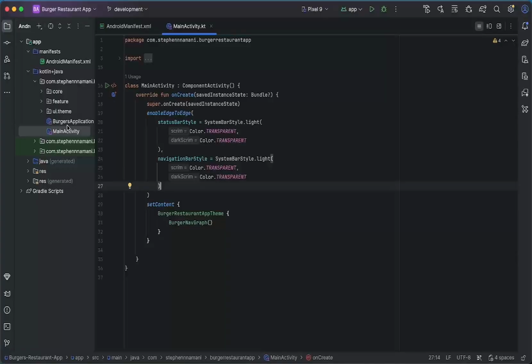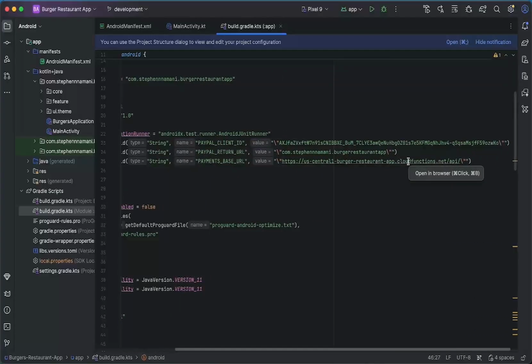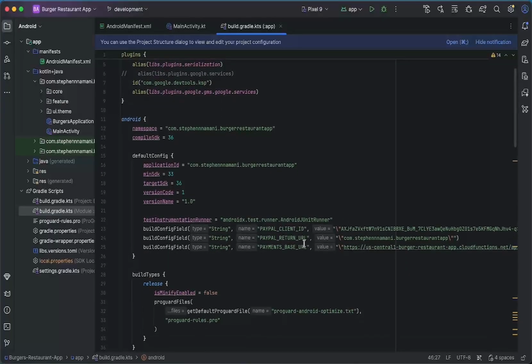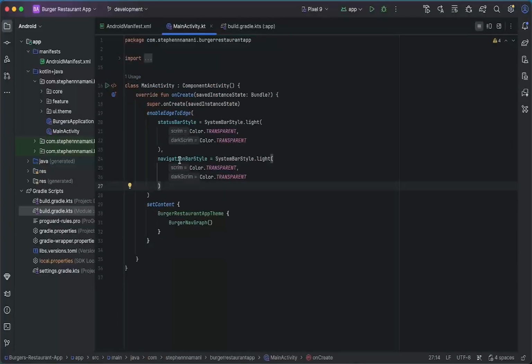Like if you look at our build.gradle file, this is the URL that sends our app to the PayPal SDK, while this is the return URL of our app, which is our product name, product ID here, or product namespace, either one. So we wire our main activity to receive that deep link and then hand the intent to PayPal coordinator. So the way we do that is we're going to go to our main activity here,